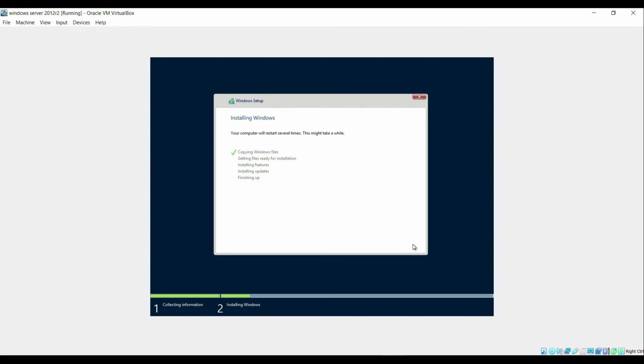It will take about 10 to 20 minutes to complete the Windows installation, so I will pause the video and resume it where the VM restarts itself after the completion of the Windows installation. The installation files are being copied and it will restart once. Once it is restarted, we have to enter the password for the administrator account. In the next video I will tell you how we can do some basic configuration of Windows Server,